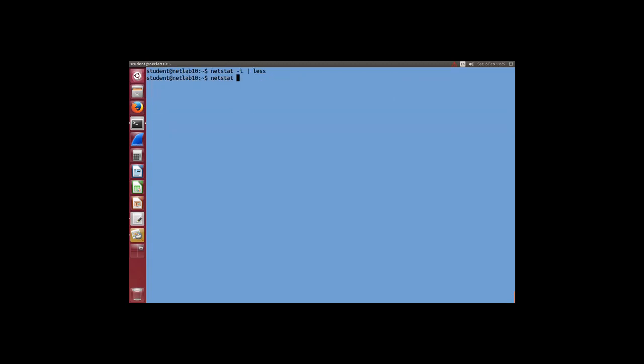Netstat -r shows me the routing table. And I should have done it with the -n option to show no nicknames. It was a bit slow without it. But the routing table,